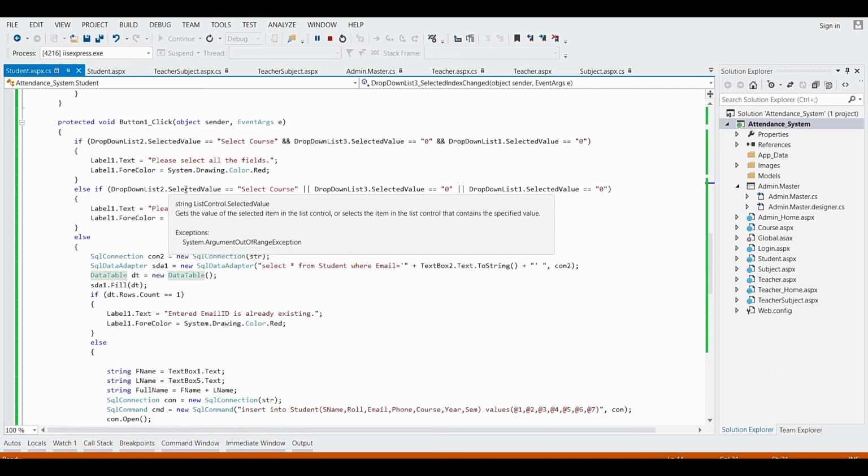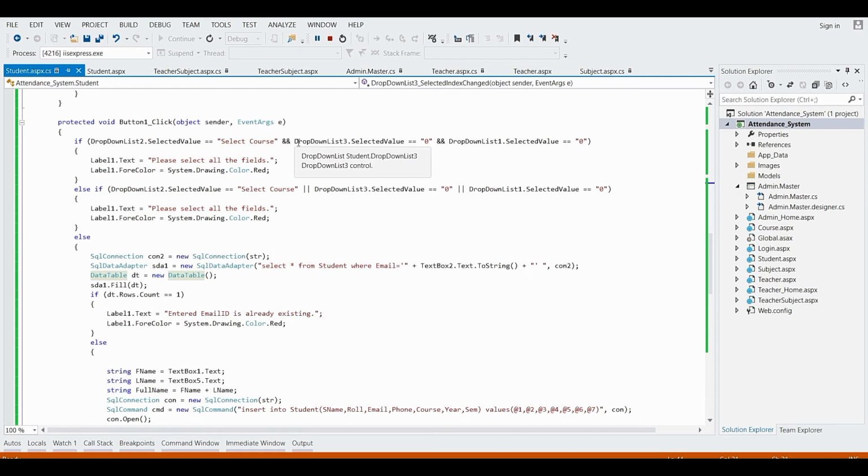If any one drop down list is not selected by the admin or user, then it will display this message, please select all the fields. Here it will check all the three drop down lists. If all the drop down lists have been selected by the admin, then it will skip this code and execute this part.